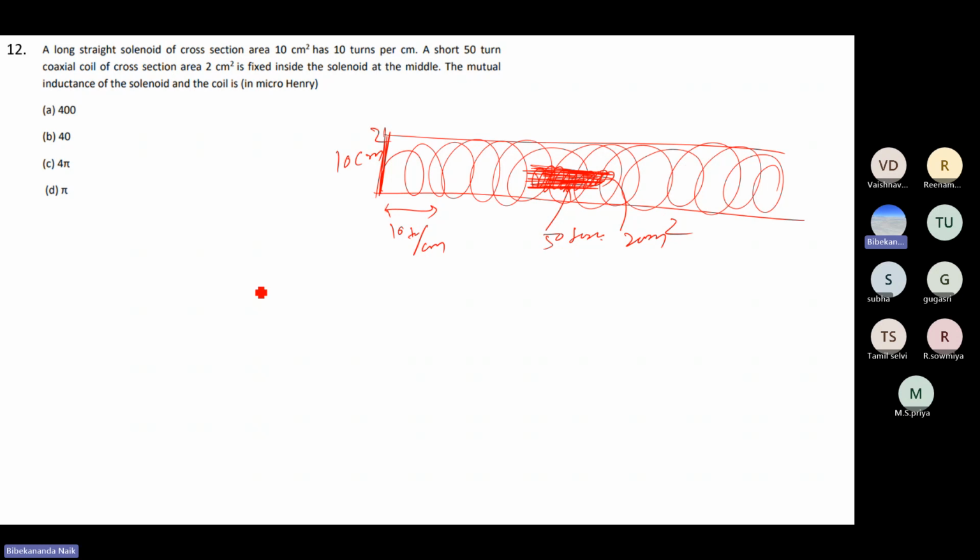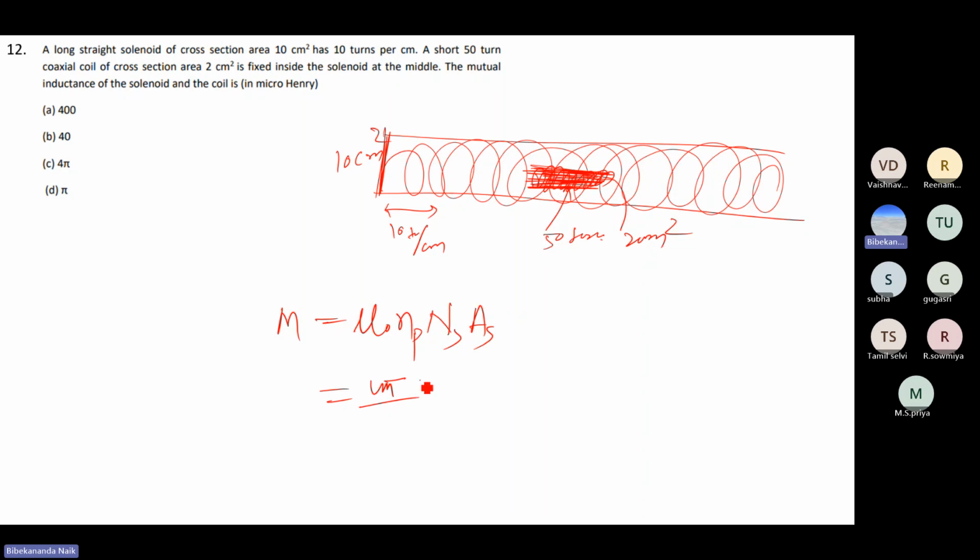Now in this case, the mutual inductance is given by mu0, number of turns of the primary coil, number of turns of the secondary coil and area of the secondary coil. Now this number of turns of the primary coil is the number of turns per 1 meter and the secondary coil means the total number of turns in the secondary coil. So if you put the formulas, now we know this mu0 is the magnetic permeability of the medium, and this value is 4 pi